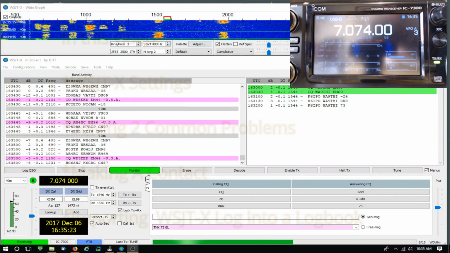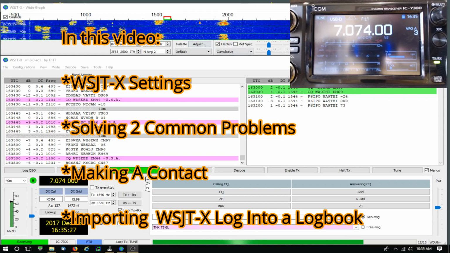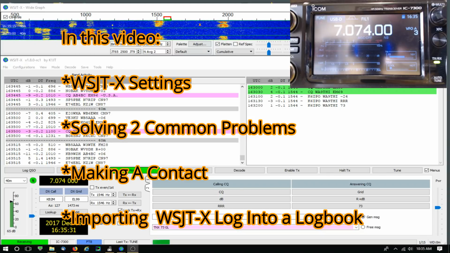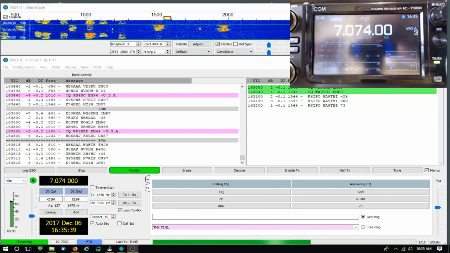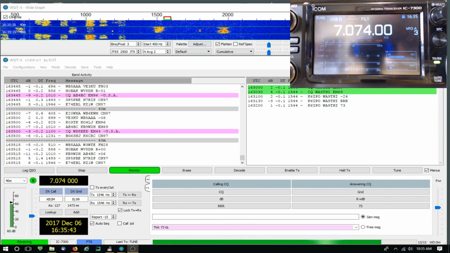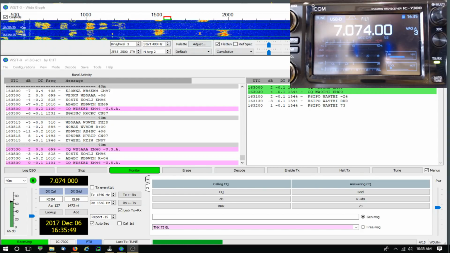Okay, I'm going to do a short video clip here on a super easy way to use wsjt-x. This program has its own logging, so you don't need any other logging program. You don't need JTAlert or QSORelay. You can just jump in and start using wsjt-x, save your contacts, and then import them to your favorite log later. So if you're new to digital modes, I'll show you an easy way to jump in and start making